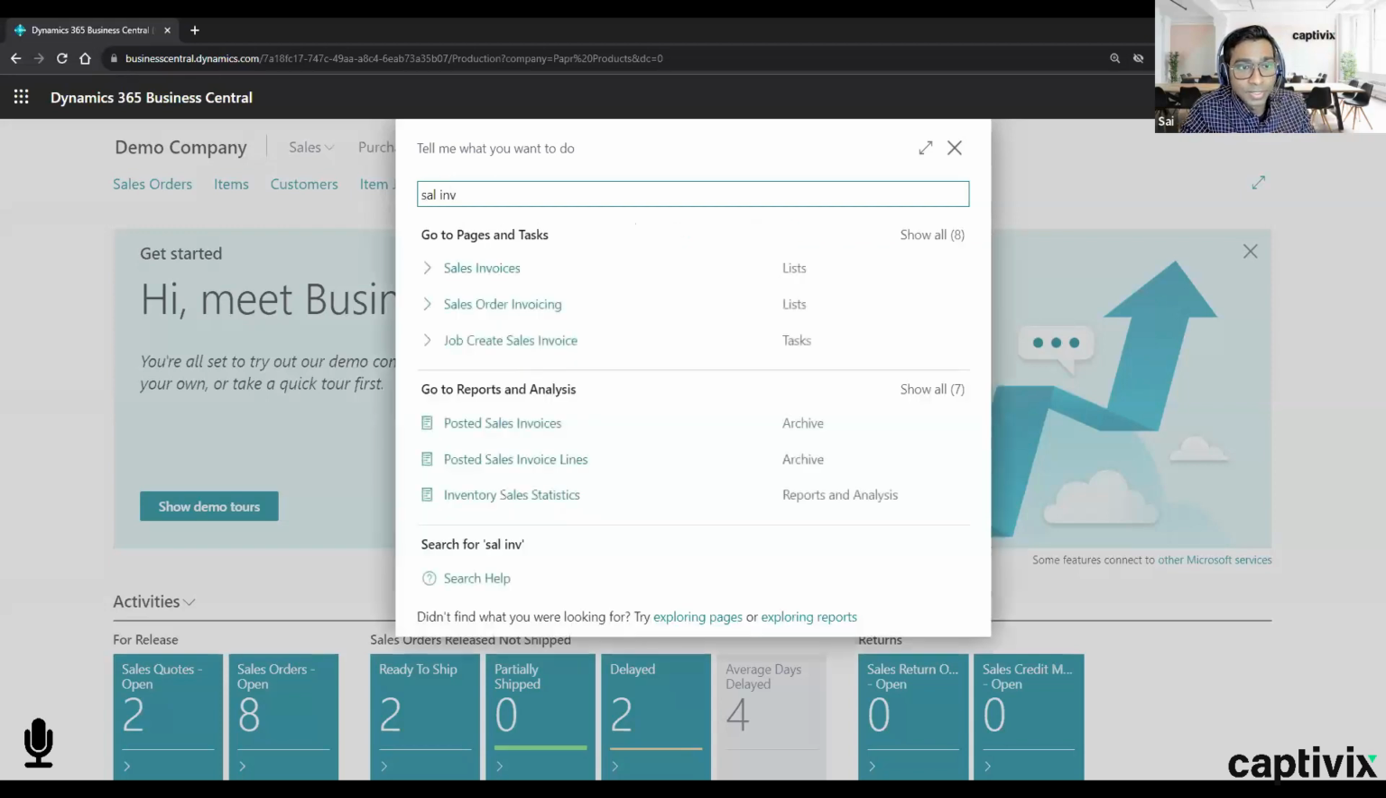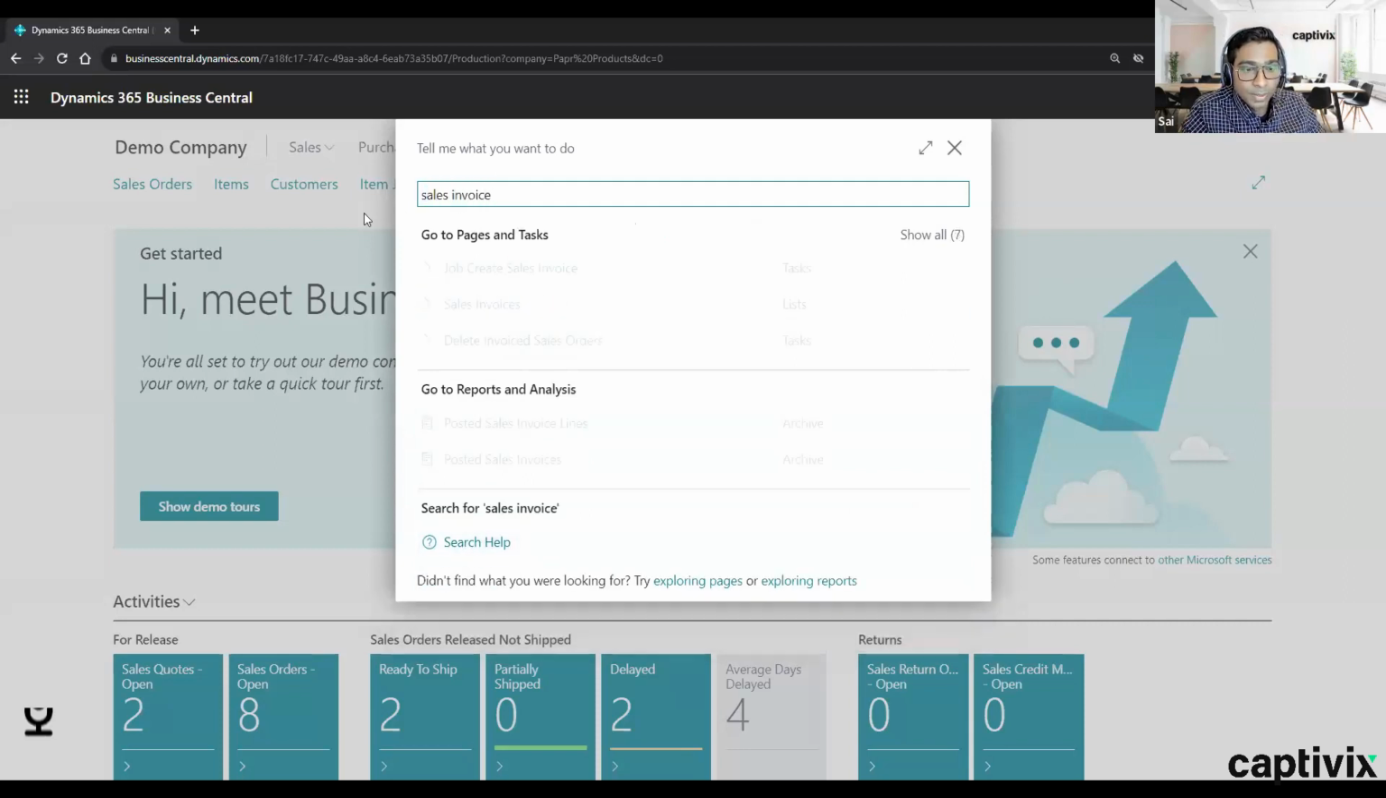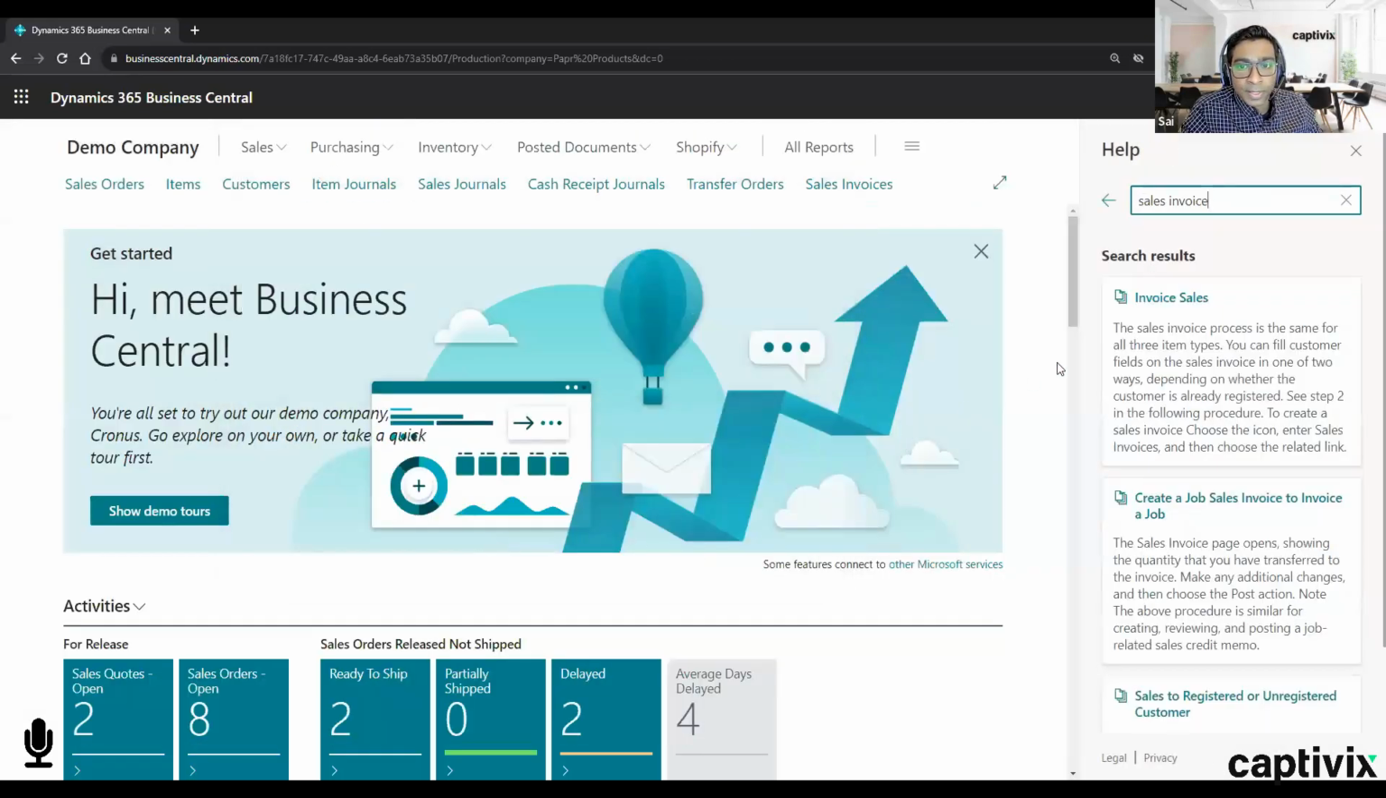Okay, so for example, sales invoice. Let's say you're someone who wants to know more about how to enter sales invoices, right? You can go into sales invoice and try it out, but you can just type in the whole thing and click on this button here to search for help. Now, this is where Microsoft does it very well,